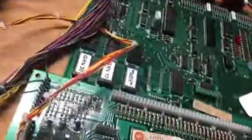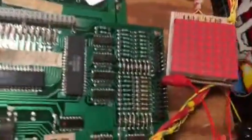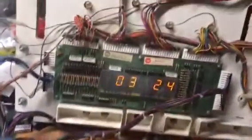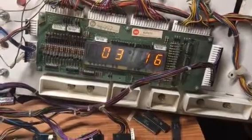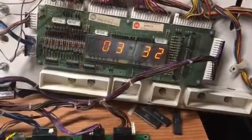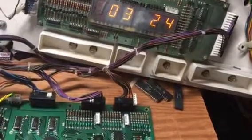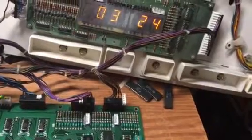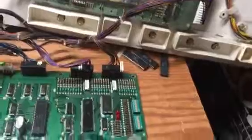I'm going to connect a connector here and jump across these like this. This is the first or last column, so it's jumping 8 at a time, which is correct. Let me go down to, oh, got that on the wrong connector. Okay, now